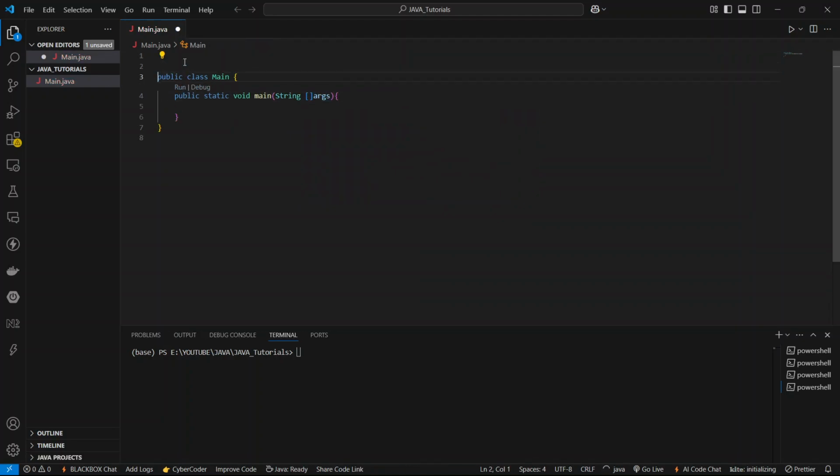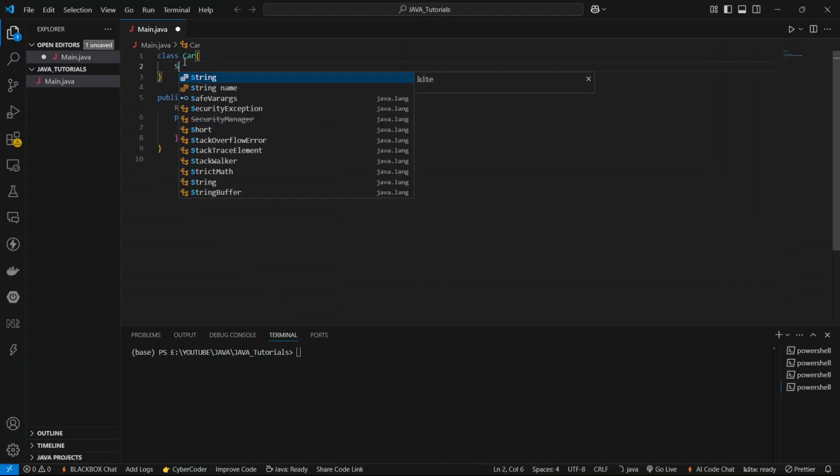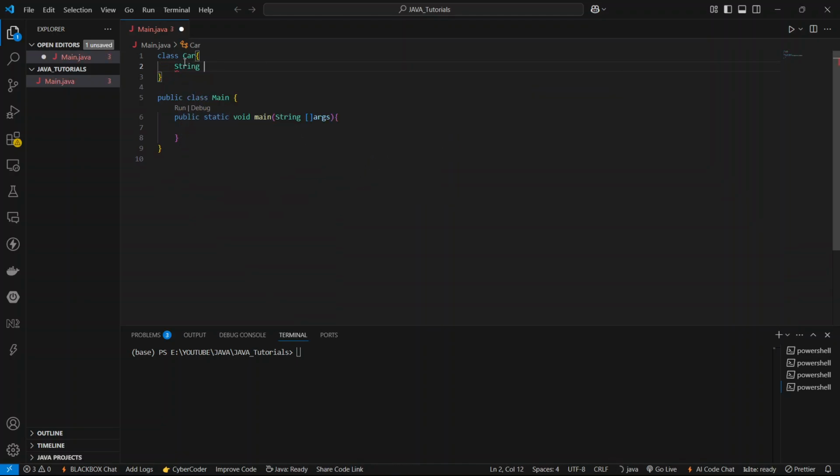Let's see another class whose name is Car. Let's say class Car. In this class, we'll take some instance variables, that is String brand of the car and int type speed of the car,